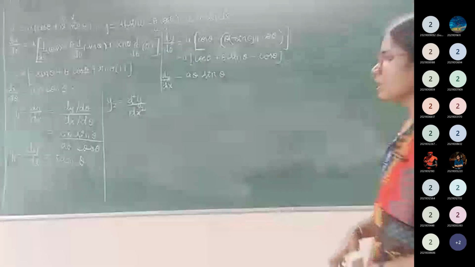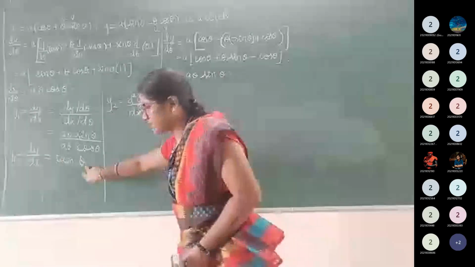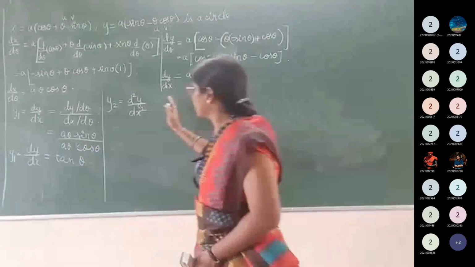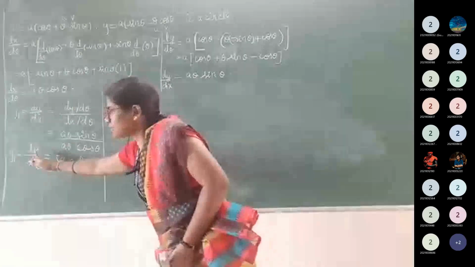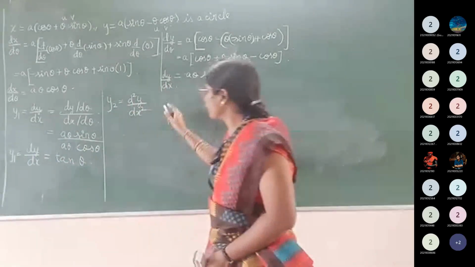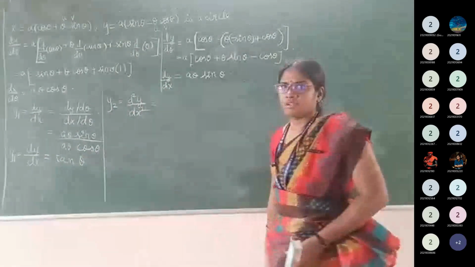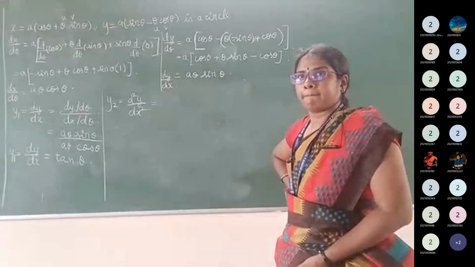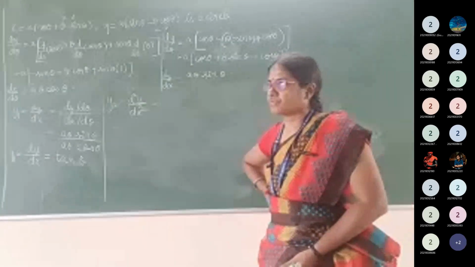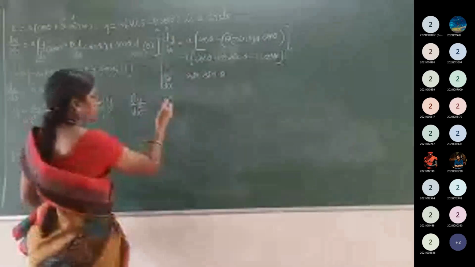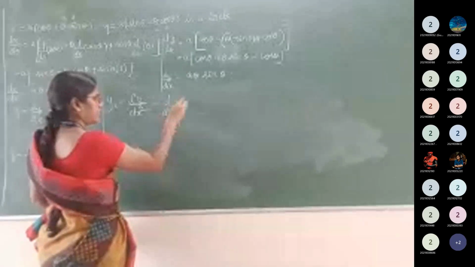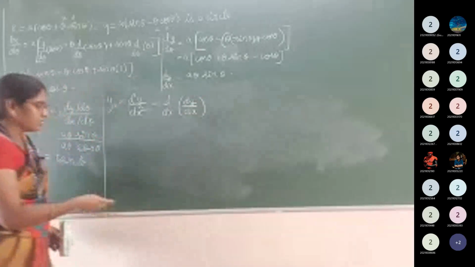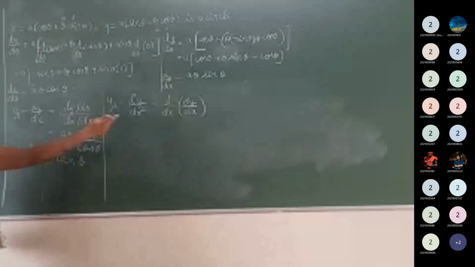How do you write this? Here you are having tan theta. Use this dy by dx here. How will you write? D by dx into dy by dx. Okay. Because here